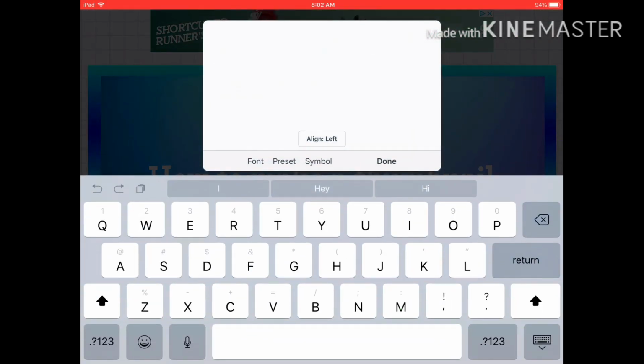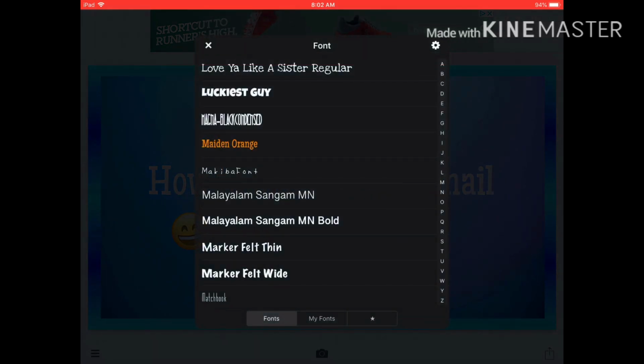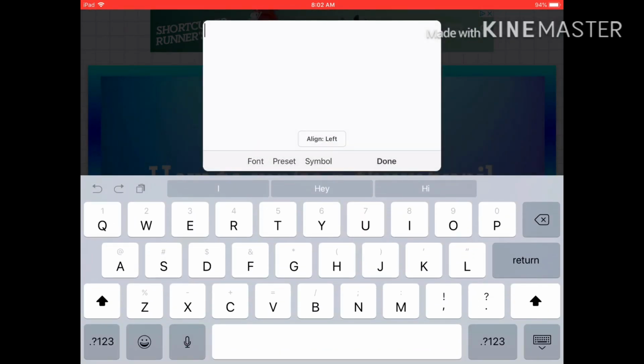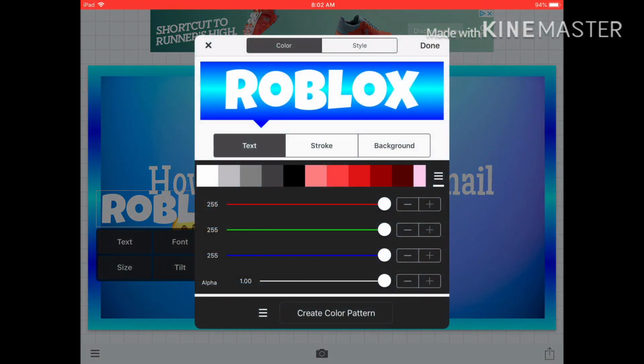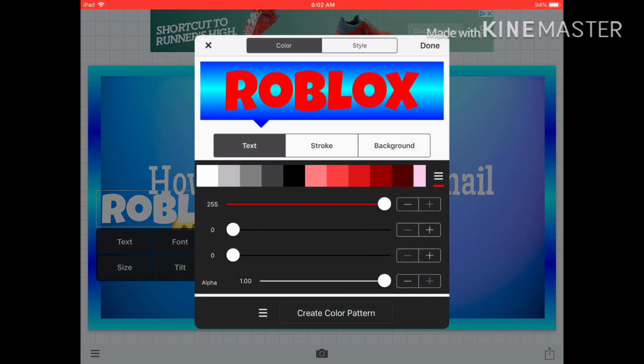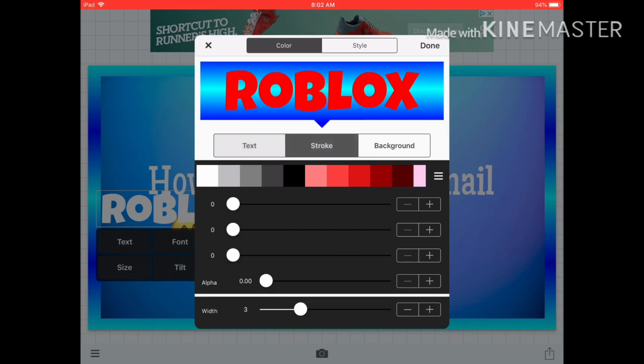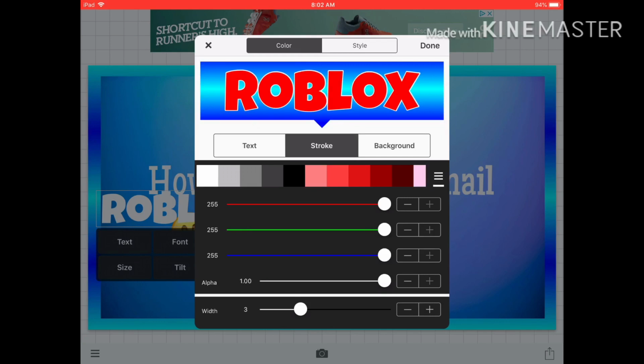So I personally use Luckiest Guy for writing Roblox. So what you would want to do is I would personally change the color to red. So I would be adjusting the red lever all the way, and then this is where I would teach you how to add an outline. I'm going to be adding a white outline for this video, and I'm going to be clicking on white, and then you want to go all the way to the bottom. There is a sign that says width, and you would basically want to adjust the lever